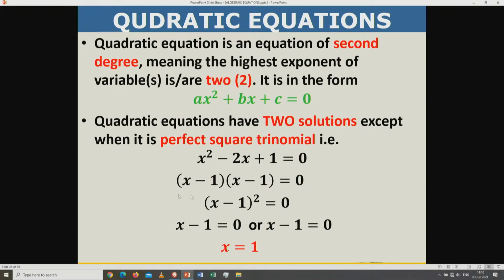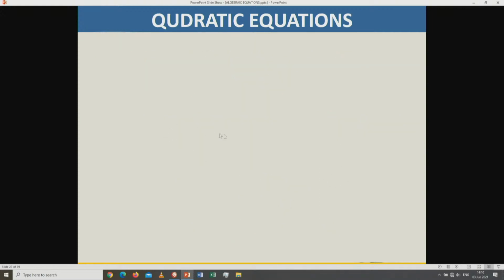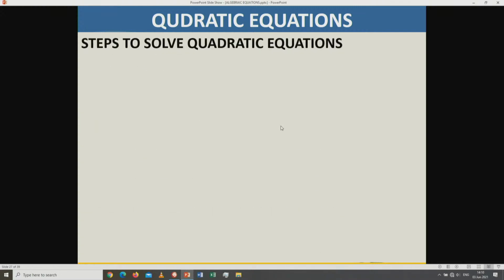But in other situations, we'll always be having two solutions. While on quadratic equations, let's have a look at the steps to solve them. One, the right hand side or left hand side must be equal to 0. So in other words, if there is anything on both sides which is not equivalent to 0, at least one